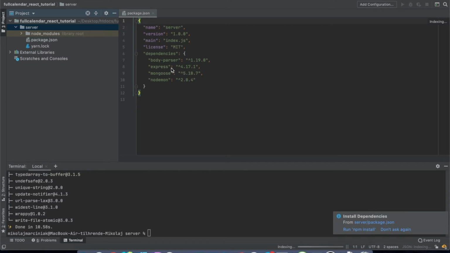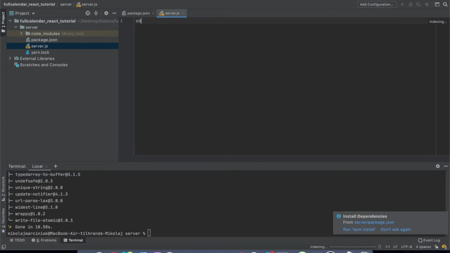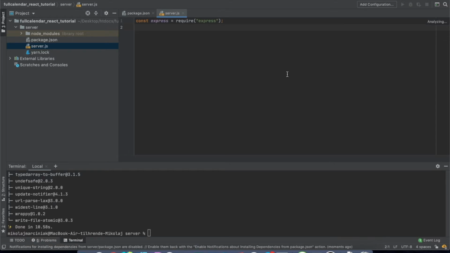And while it's downloading, I'm going to make a new JavaScript file called server.js. I will say const express equals require express, and then const mongoose equals require mongoose, and const bodyParser equals require body-parser, const app equals express, app.use bodyParser.json(),